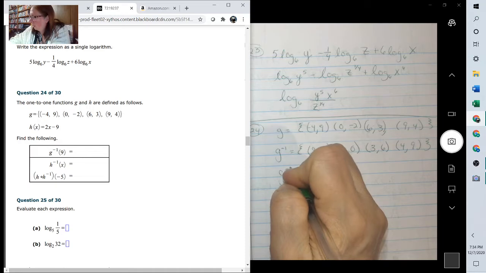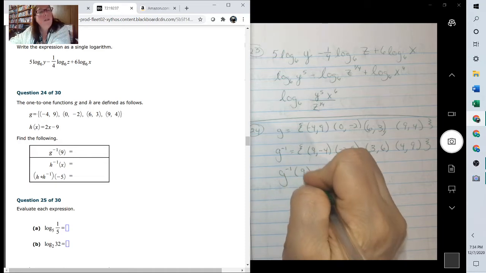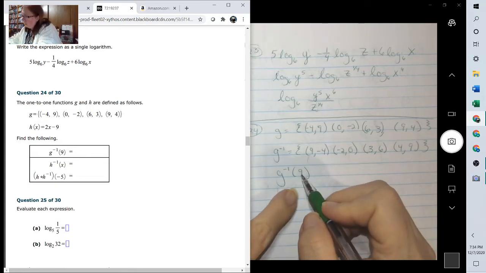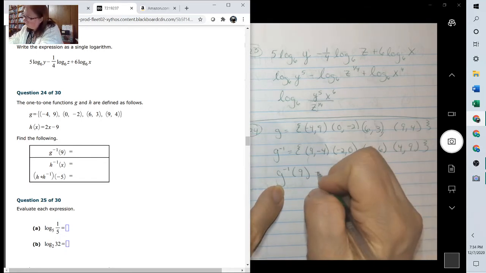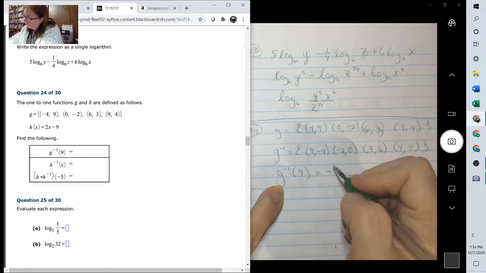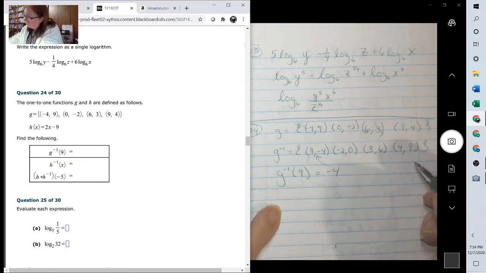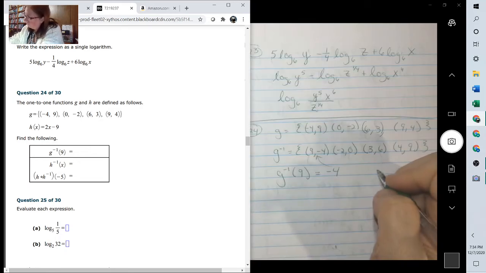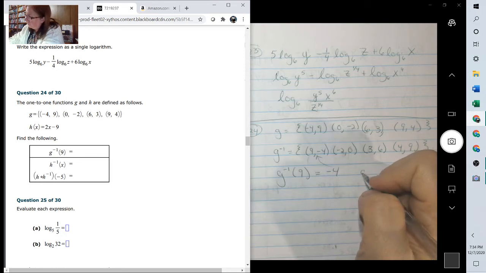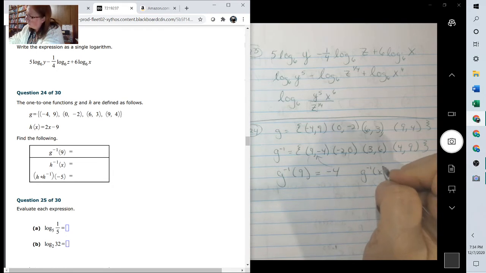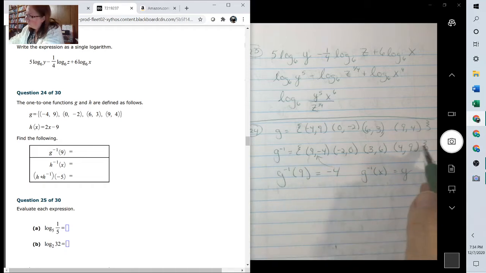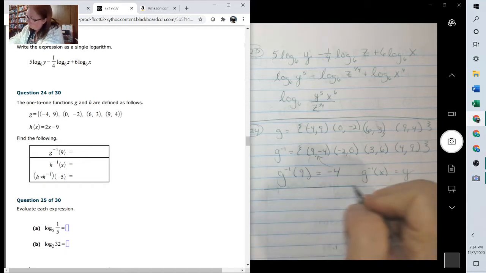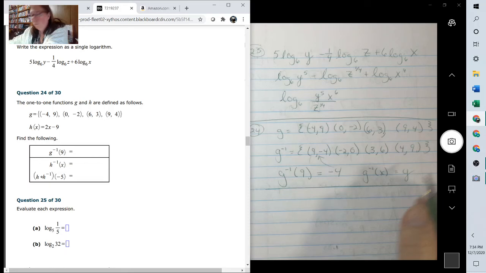We want G inverse of 9. So when X is 9, go to G inverse. Our answer is -4. Because G inverse equals 1, go to your inverse and write it. The other one,